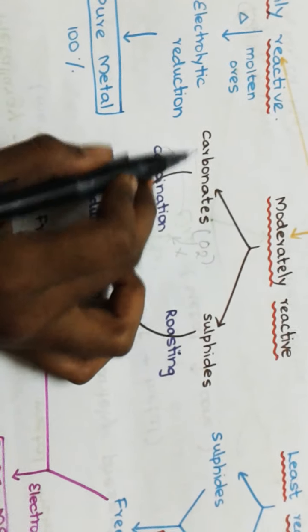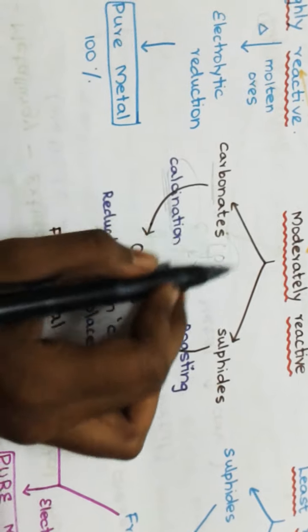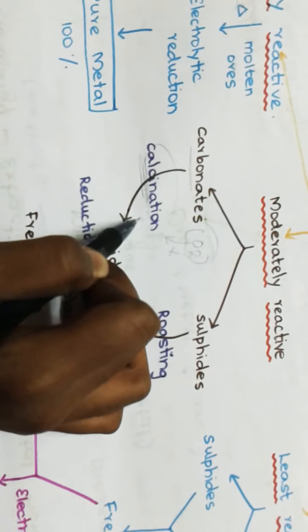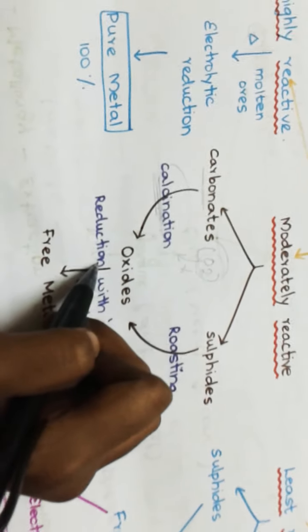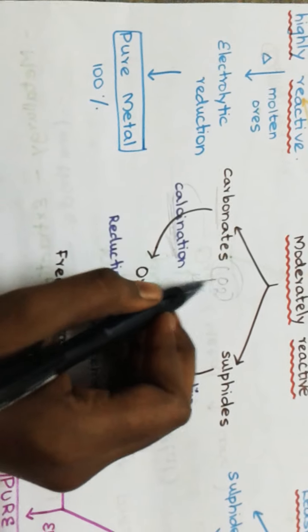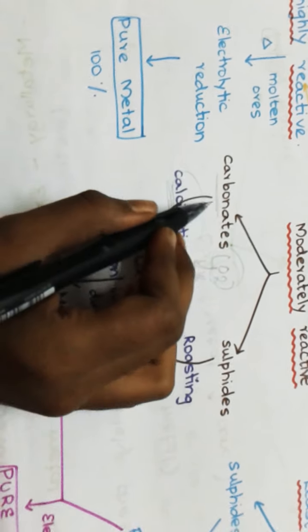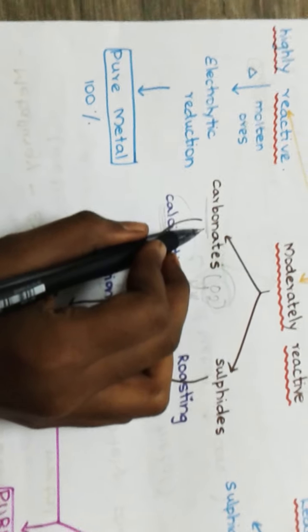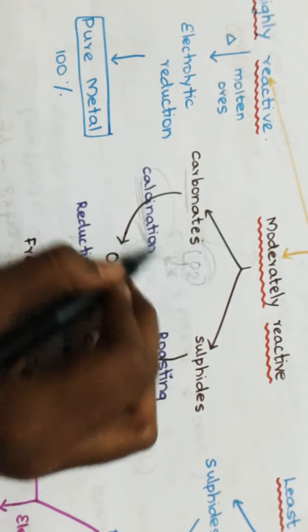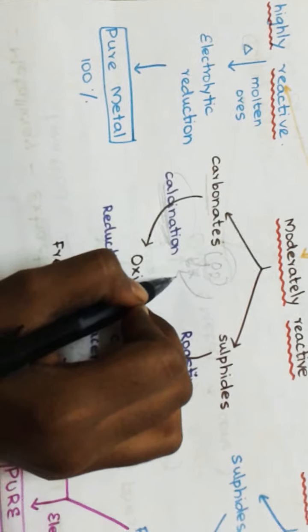As the carbonates already possess some amount of oxygen, they do not require more oxygen to be further reduced. So when you just heat it or decompose it with little or no oxygen, it is called calcination. For carbonates, as they already possess oxygen, there is no need to provide any more oxygen.